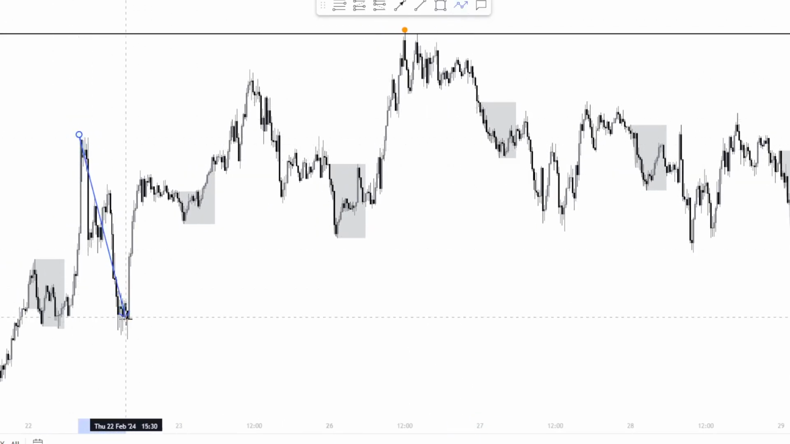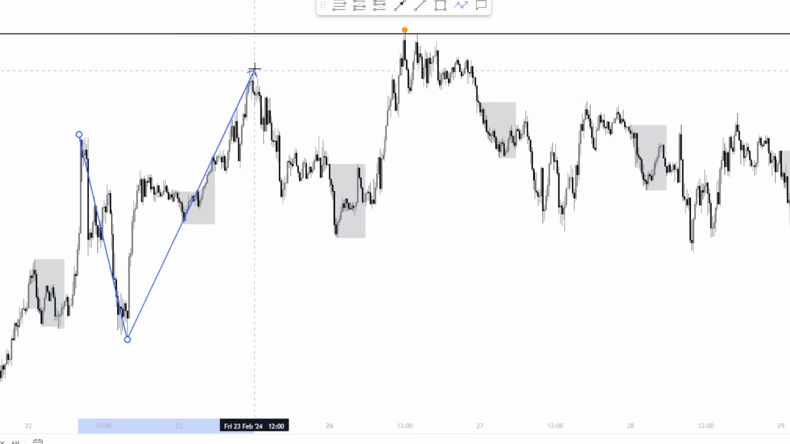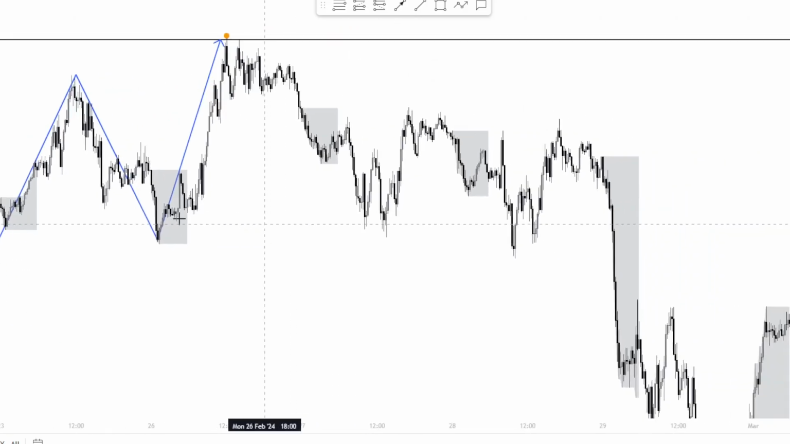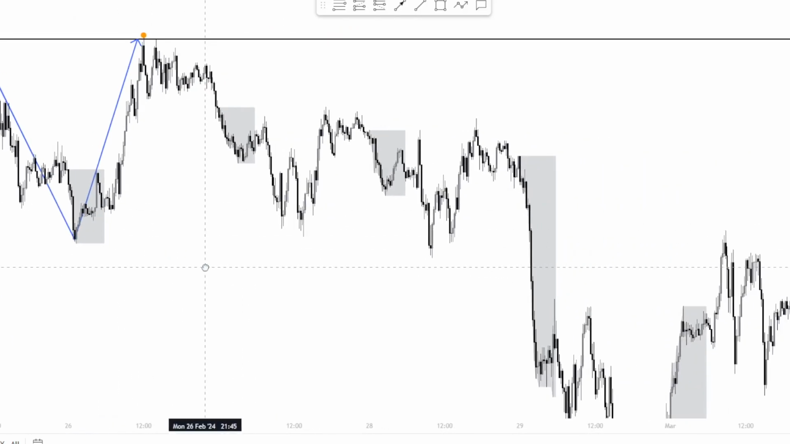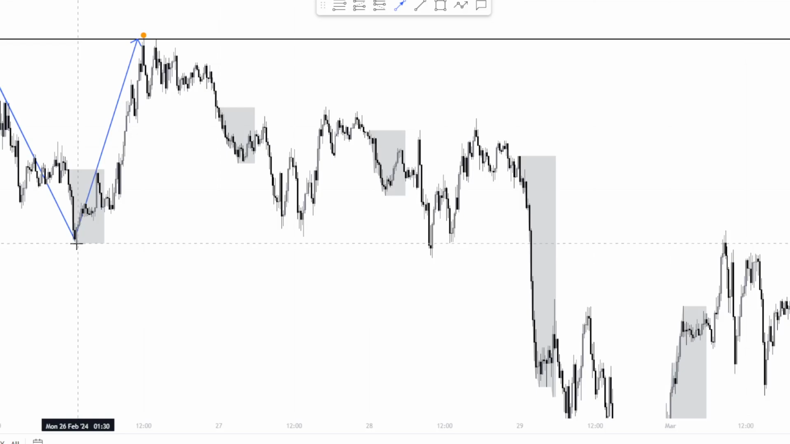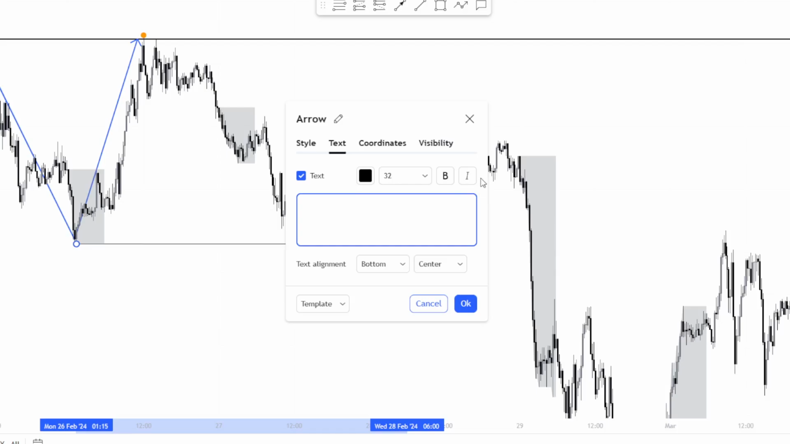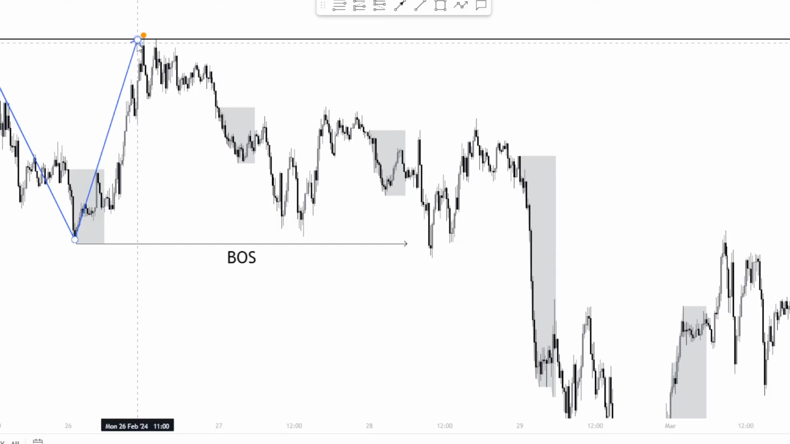We see a high, we see a low. We see a high, we see a low. We see a high over here. Now, this last low over here has been broken just over here, okay? This is our break of structure, BOS. Now, with that being said, we now need to look for a potential sell opportunity that matches